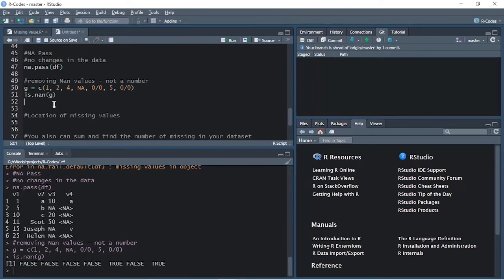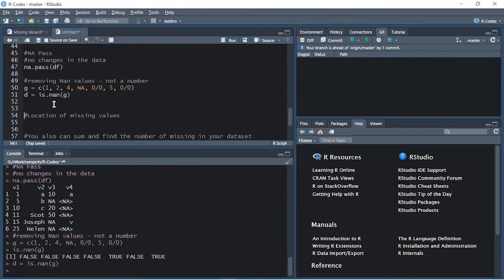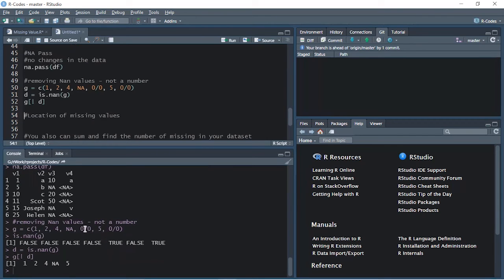Now how to remove it? So what we can do is save this in a variable, and then it's very easy. You can just use na.omit, or na.exclude, or you can use the square bracket notation with the exclamation mark. So the exclamation mark is used to remove all the values that are saved in this variable. Let's see. So both of these values have been removed, and it gives us the result of the complete cases.